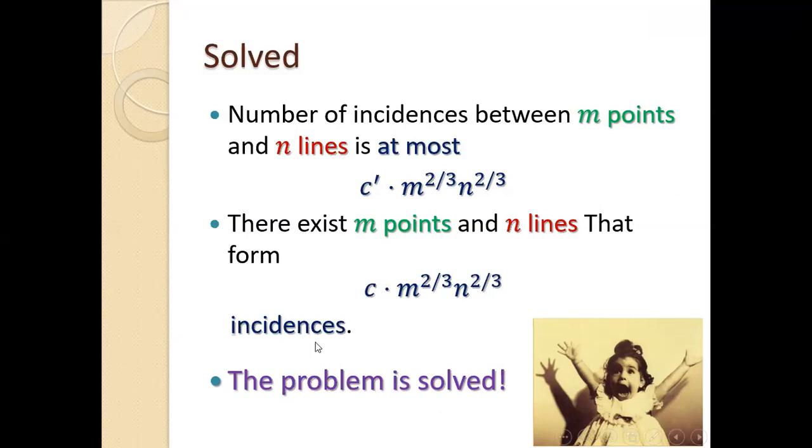Okay, so this problem is asymptotically solved up to the constant. Any set of points and n lines has at most this number of incidences up to a constant, and you cannot do better. Is that okay? Keep asking if something is unclear. That's what this talk is for. We're going to see today how you can prove this even, but not quite yet.